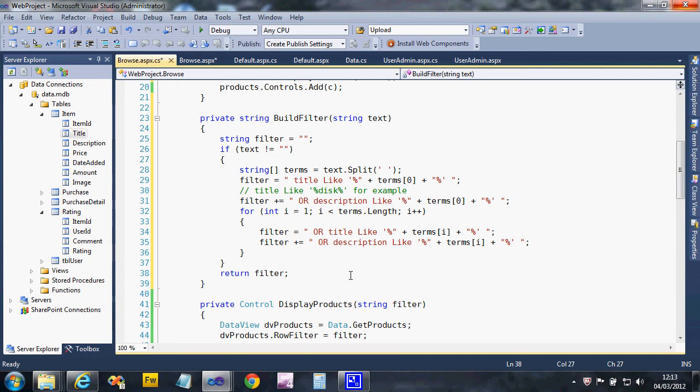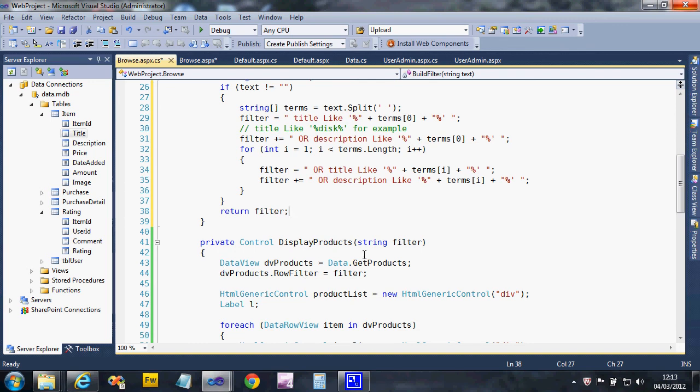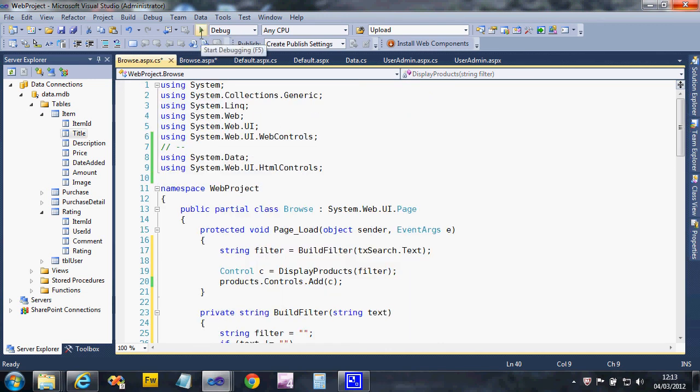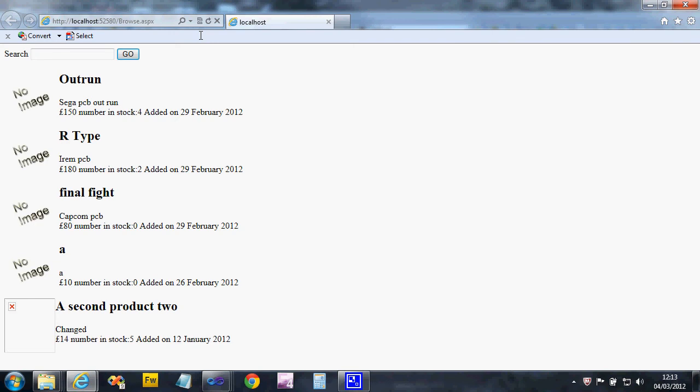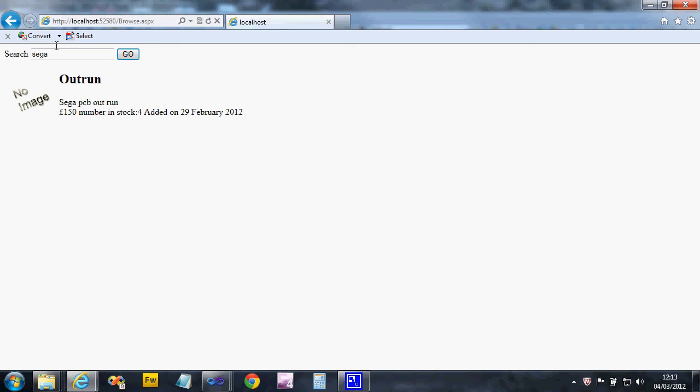Okay, right, hopefully that should just work, because we'd already put in our display product code apply the row filter. So let's try it. Let's just run my browse code. So there's nothing in that text box to start with, so it should just show everything. Let's try Sega. Sega there's only one of. That gives me Outrun. But I'm going to put a space and put Irene, because I know I've got R-Type on there. So when I click go this time,